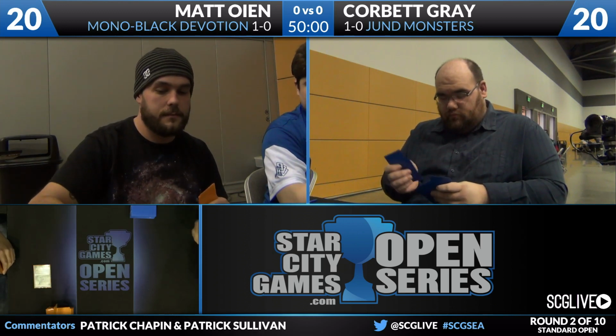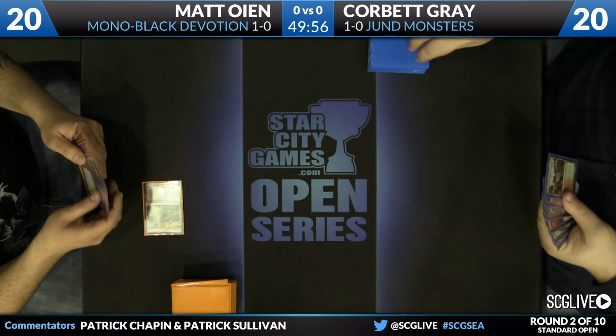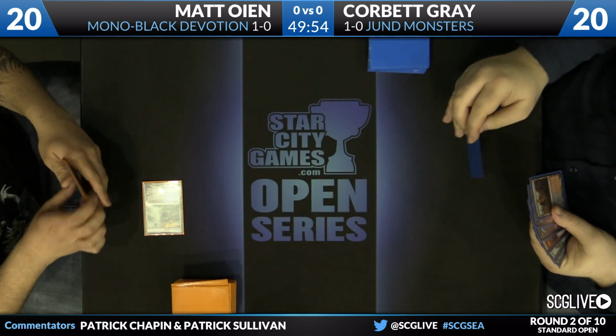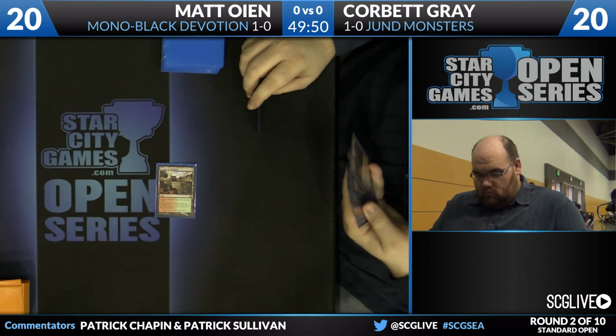Yeah, and this Mono Black Devotion deck doesn't really stray from the formula too much. It's noteworthy that while he does have his share of Devour Flesh and Bile Blight, he also has moved to have some Ultimate Prices main deck to complement his Hero's Downfalls in reaction to the population of Red, Green, and Jund. So the big rationale for playing Jund monsters is getting some additional removal spells to break serve in the